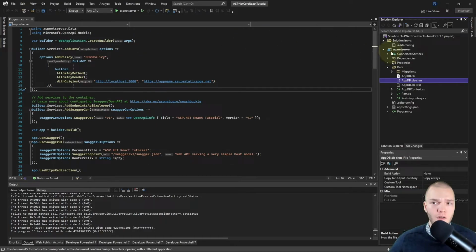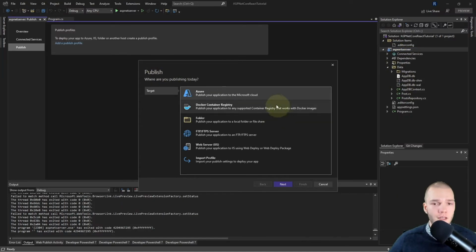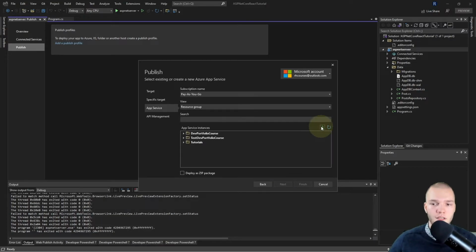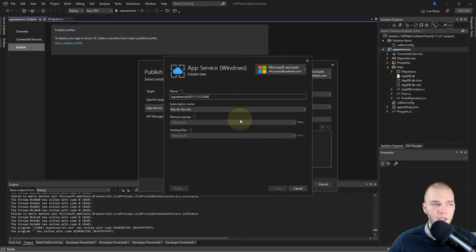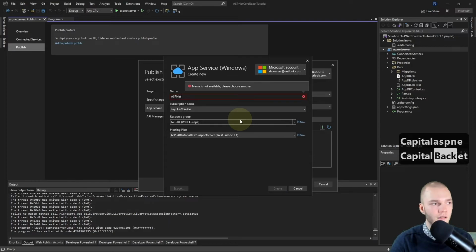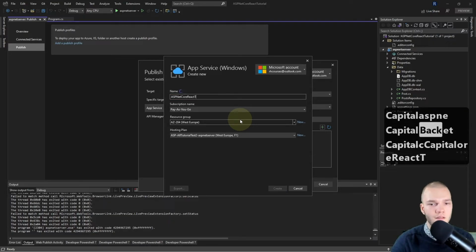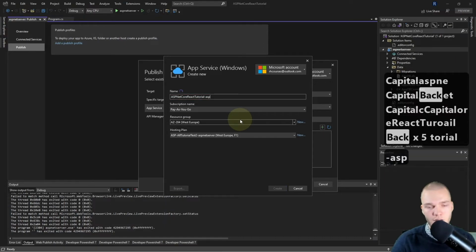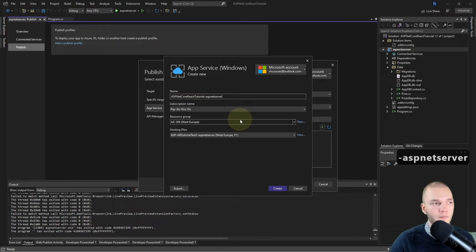Right, so then I'm gonna right click the server project and hit publish. Then I'm gonna select Azure, hit next, and I'm gonna go for Azure App Service Windows, and I'm just gonna hit the plus to create a new app service, and I'm gonna name it ASP.NET Core React Tutorial ASP.NET Server.